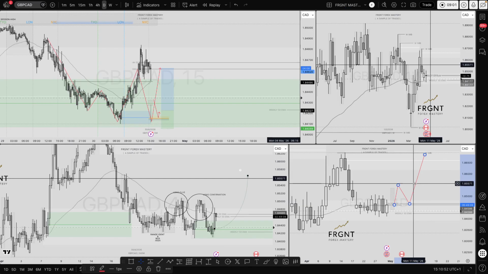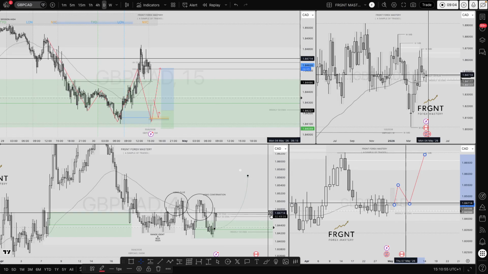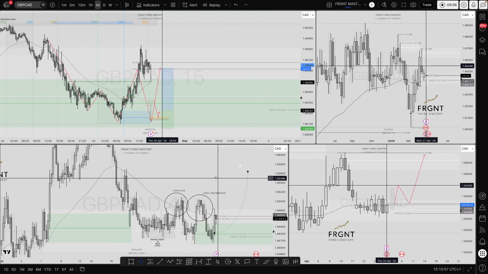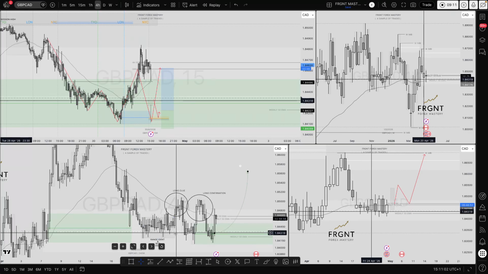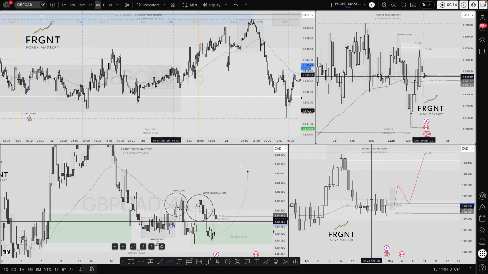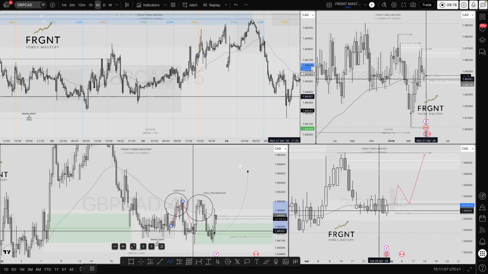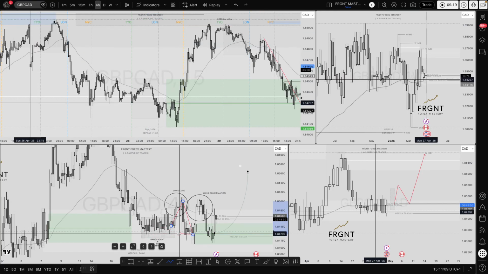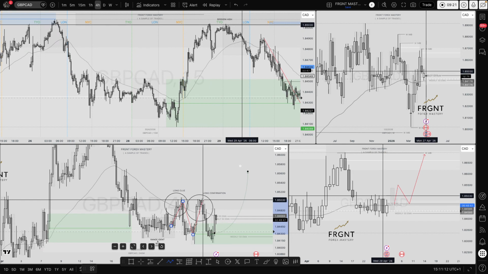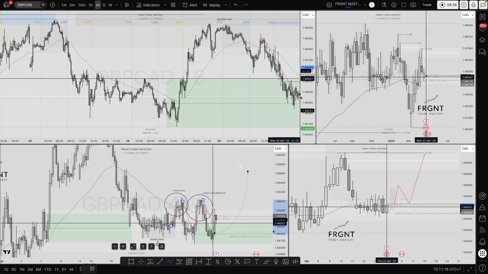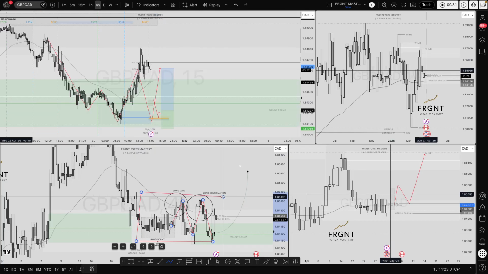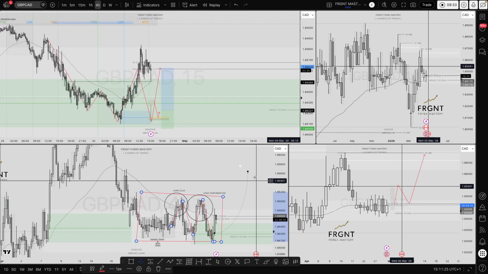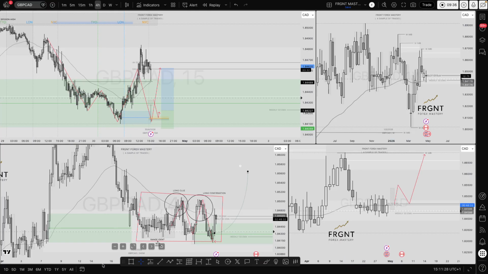I think GCAD at the moment could be a little bit premature, and that's really cemented by the 4-hour 50 MA. We've got a couple of clues, i.e. we've had a range-bound market on the 4-hour time frame. We've had a break out of that range, i.e. creating the first high in the market. Price then came back down to find some liquidity by way of session lows, and we failed, in my opinion, to then create a higher high. So that's the downside. And in fact, all we've done is find ourselves back in that range on the daily time frame. So definitely at the moment, GCAD, although it looks okay to the eye, using technicals, it's not quite ready.